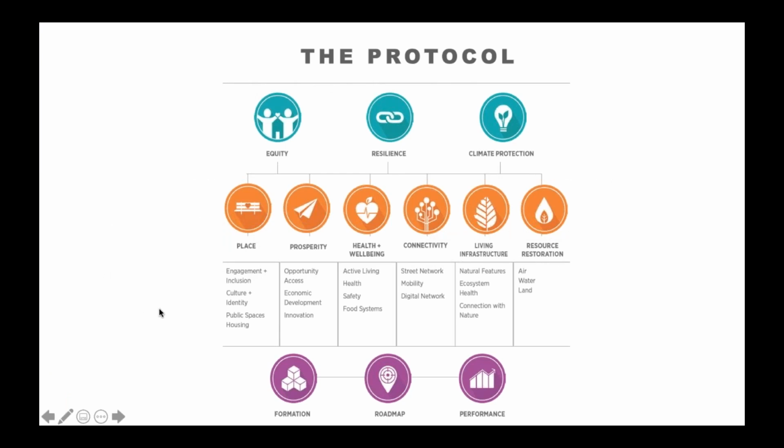So as I was saying, this is our protocol. I kind of just walked through it. The imperatives are at the top, the priorities are in the middle, and the implementation phases are at the bottom. So what we're really trying to do at the Institute is to bring in individuals who have expertise in different areas that are aligned with the work that we're doing in neighborhoods and really spotlight the work that practitioners are doing and the expertise that some of our partners have in different areas, which is why today you'll be hearing from Nwamaka and her work in restorative economics.